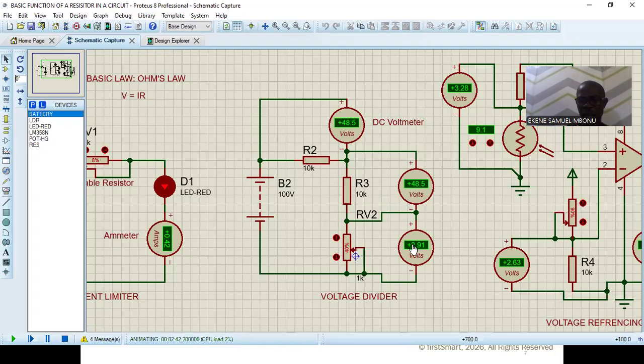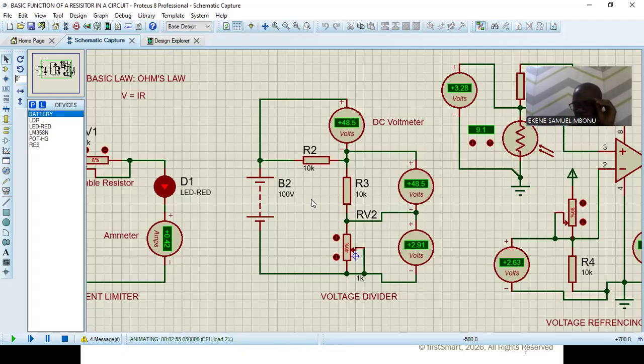Now, calculate again the three voltages. Let's know what they came up to. So it's still 100 volts. That's why I said